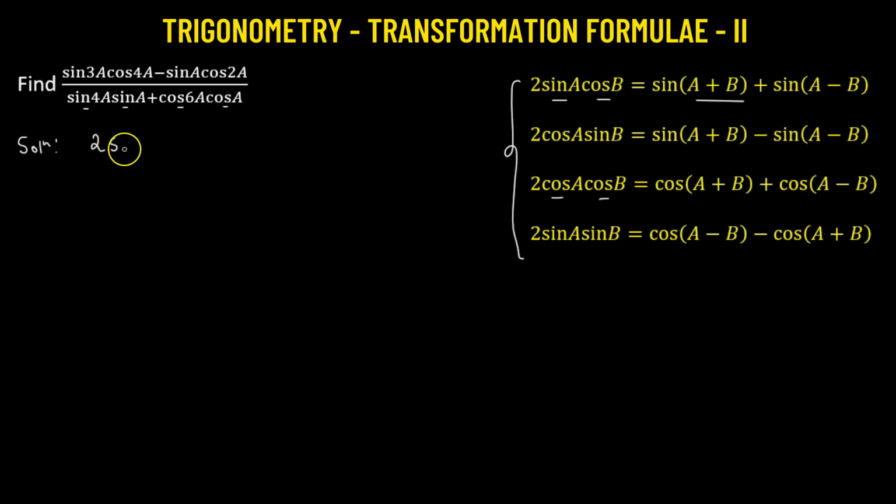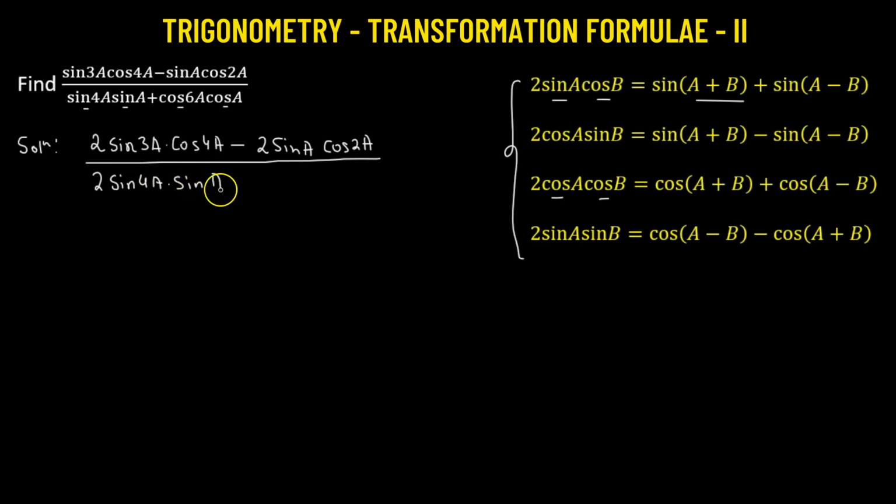So we get 2 times sine of angle 3A times cosine of angle 4A minus 2 times sine of angle A times cosine of angle 2A, divided by, in the denominator, 2 times sine of angle 4A multiplied by sine of angle A plus 2 times cosine of angle 6A multiplied by cosine of angle A. Now for the first term in the numerator, 2 sine 3A cosine 4A, we're going to apply the second